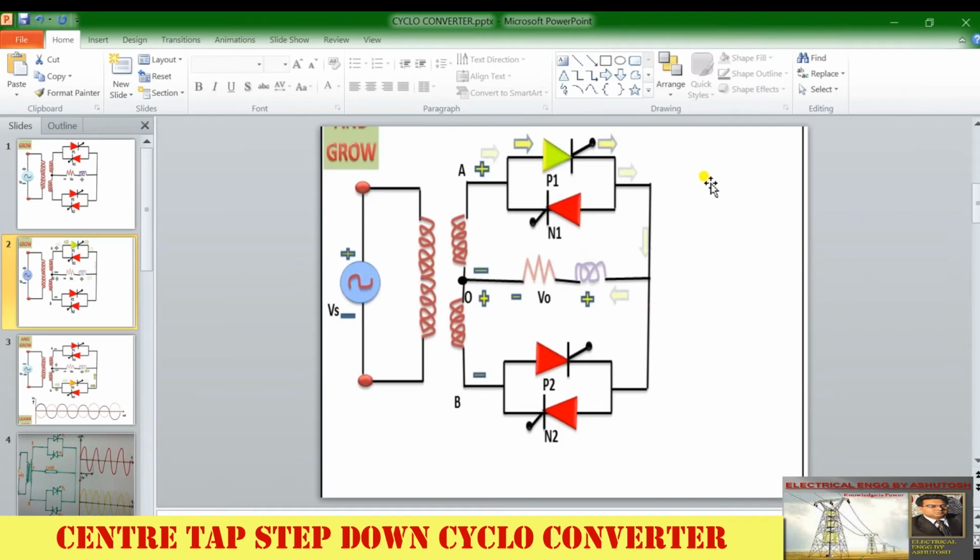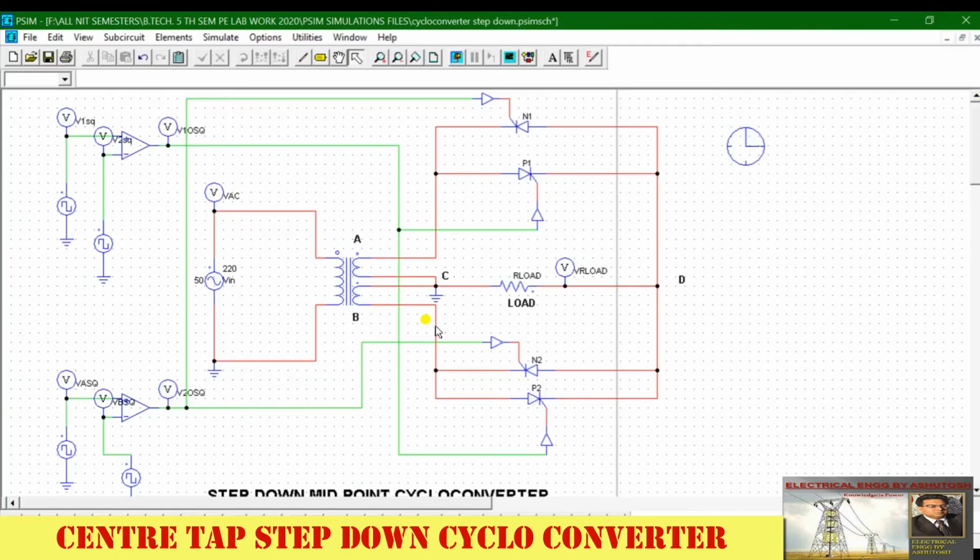The point A is made positive during positive half cycle. The point A is made positive with respect to point C. Okay, you can see with respect to point C here. The point A is made positive with respect to point C. Okay, half supply of the supply. So SCR P1 triggers. This is turned on. P1 triggers, you can name it either T1 or P1. Okay, so we have named it P1. P1 triggers. Okay, then SCR2 remains turned off. Okay, this will not work.